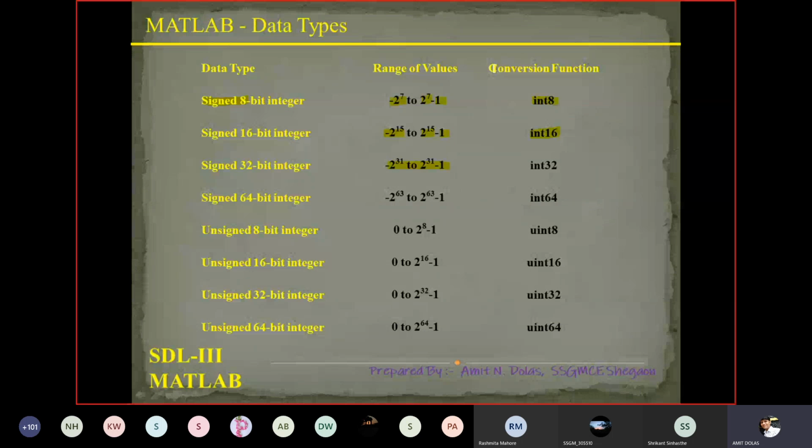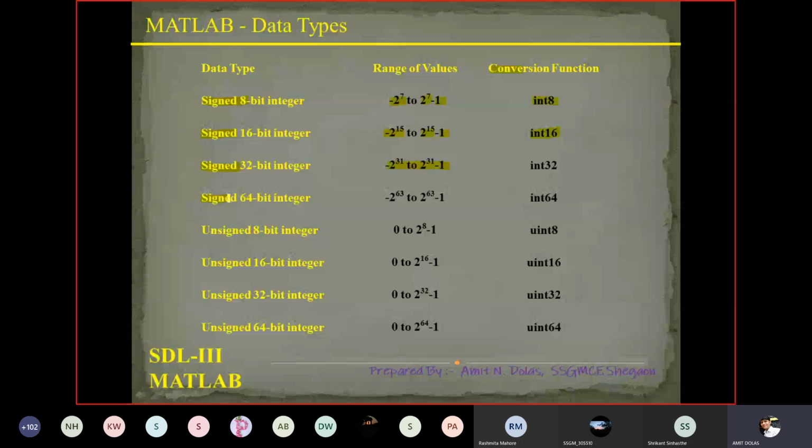I'm sorry, I'm talking about the conversion function. Signed integer 8, 16, 32 and 64 have these ranges. And if you want to convert, we have to use int8, int16, int32, int64.